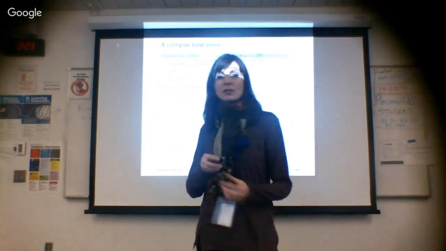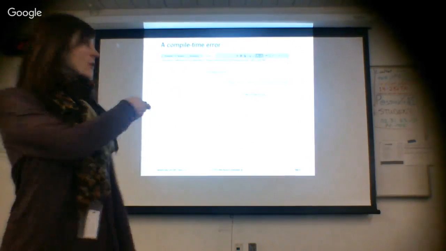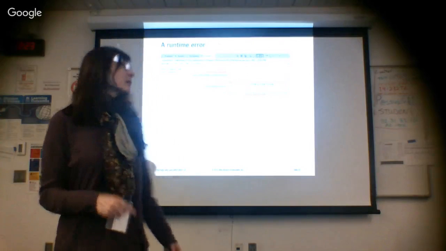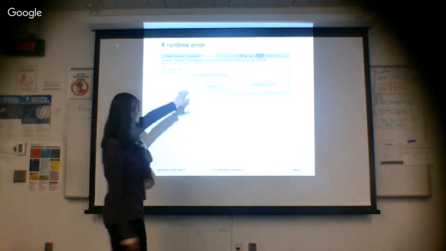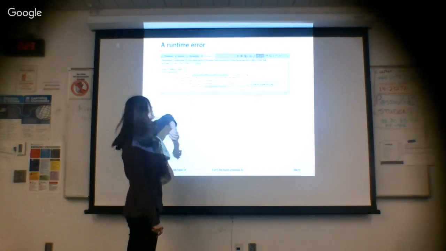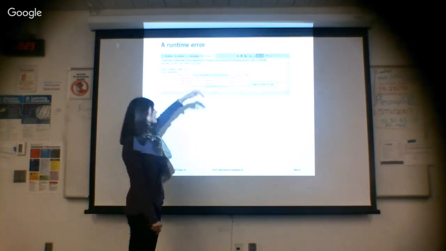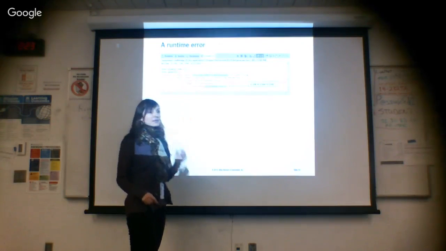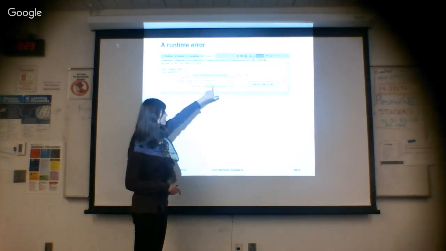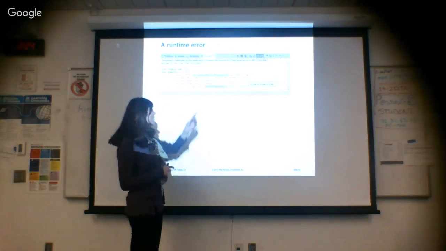All right, so this is what a compile time error looks like. It will point you to the line number, which is great. And then with a runtime error, you're going to see something like this happen. This is very helpful information. In fact, this is what we call a stack trace. It lists in reverse the methods that were called that led to that error, with the last one including the line of code where the error took place. So now if you see this,